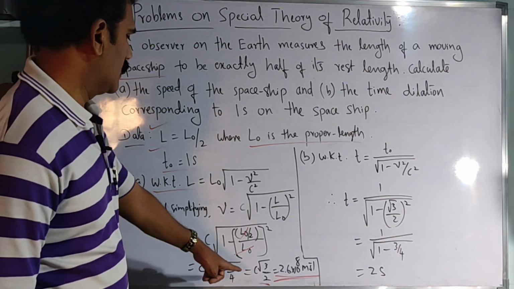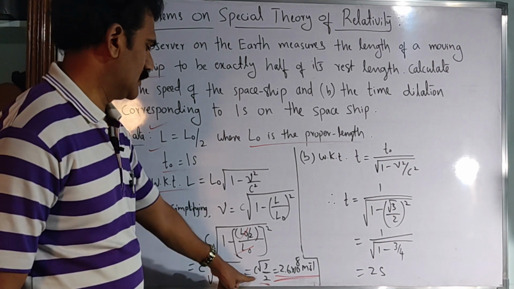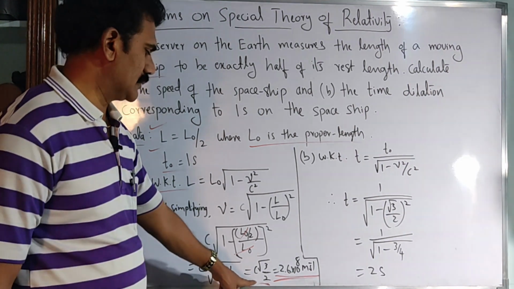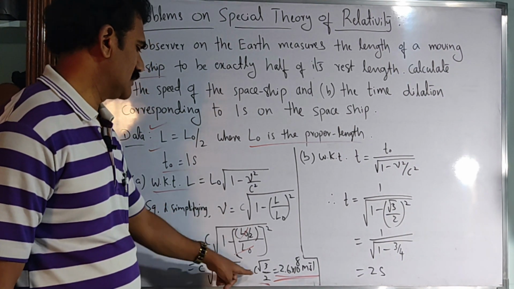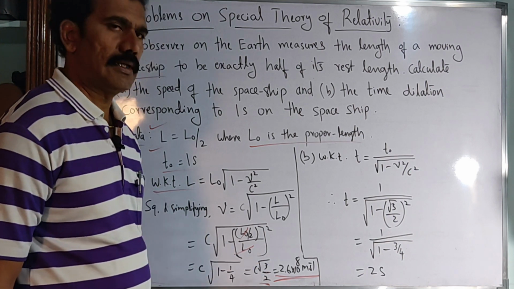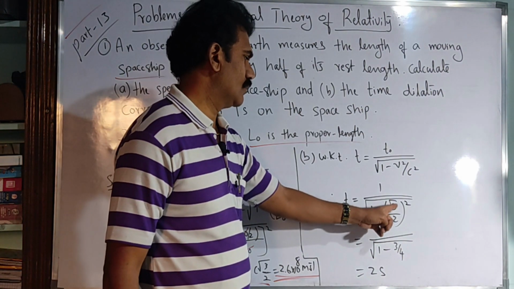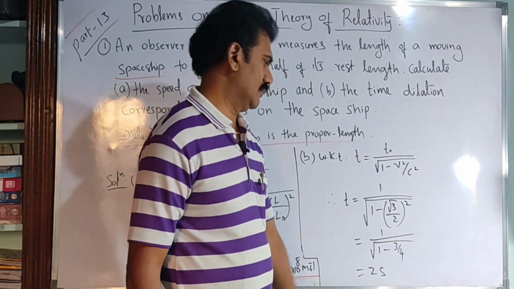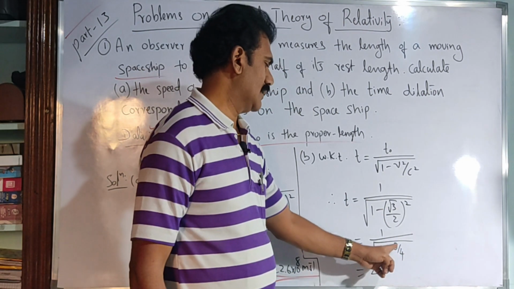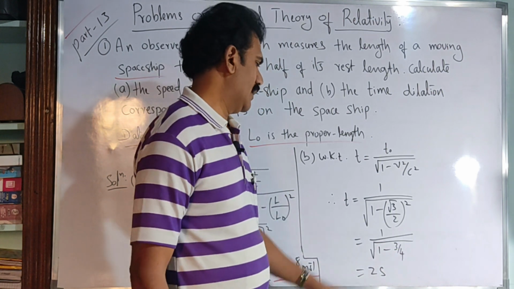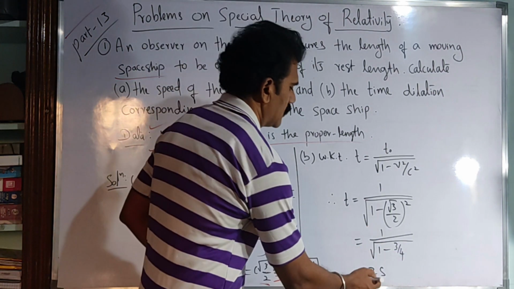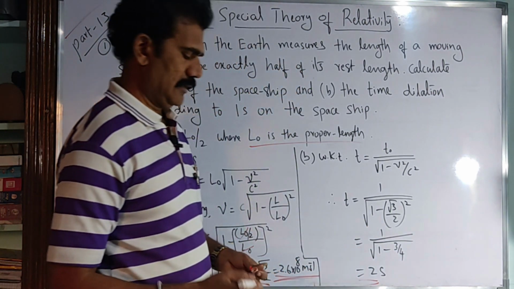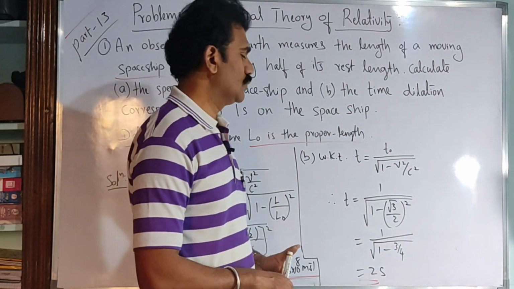See, here only we have. So if it is v and if it is c, so v by c is equal to how much? By taking the cross multiplication, v by c is equal to root 3 by 2 only again. So substitute directly now, root 3 by 2 whole square, so that is equal to 3 by 4. So square root of 1 by 1 minus 3 by 4, you simplify and finally you will get the calculation part. Okay, you will get the time is equal to now 2 seconds.